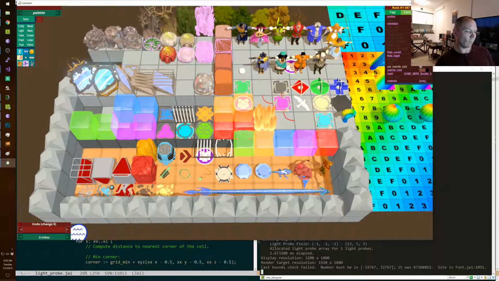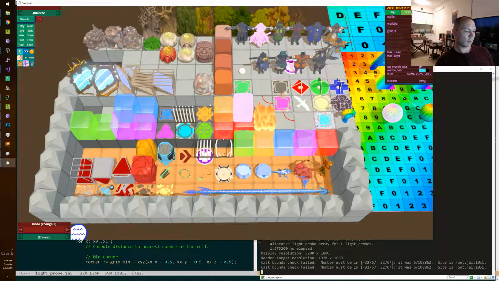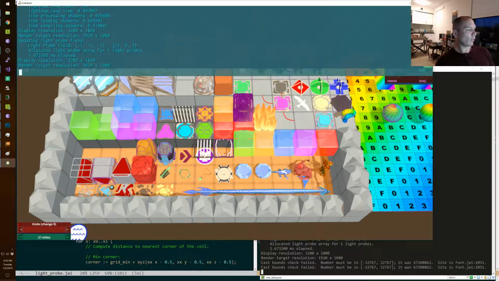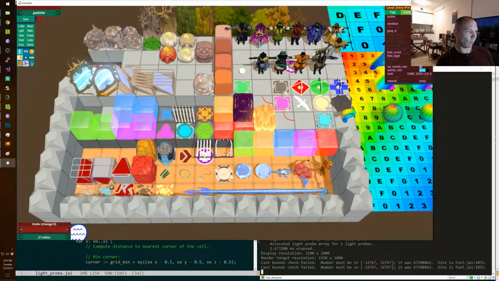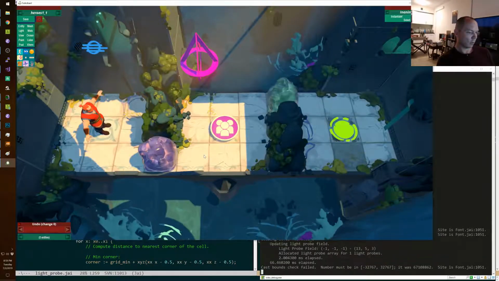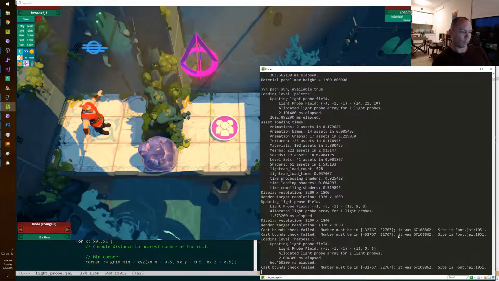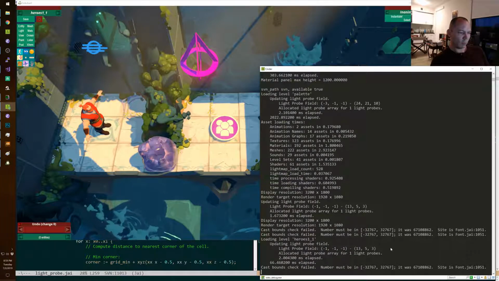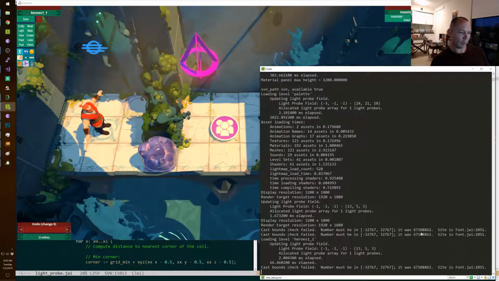Oh, we got one. In font. See, that's the thing about exercising code. Sometimes you need to try something different. Okay. Signed 16-bit. 671. Oh, that's too high.